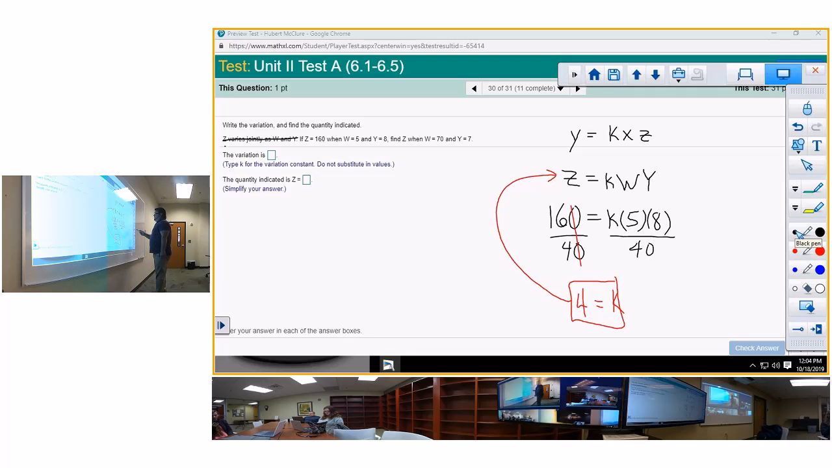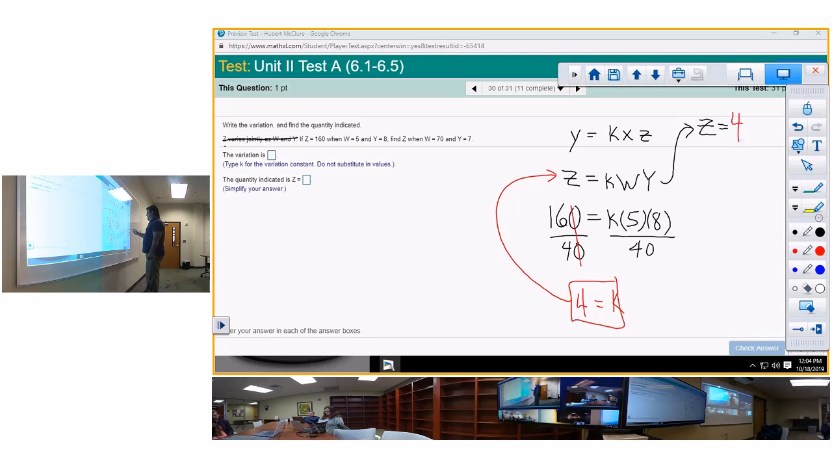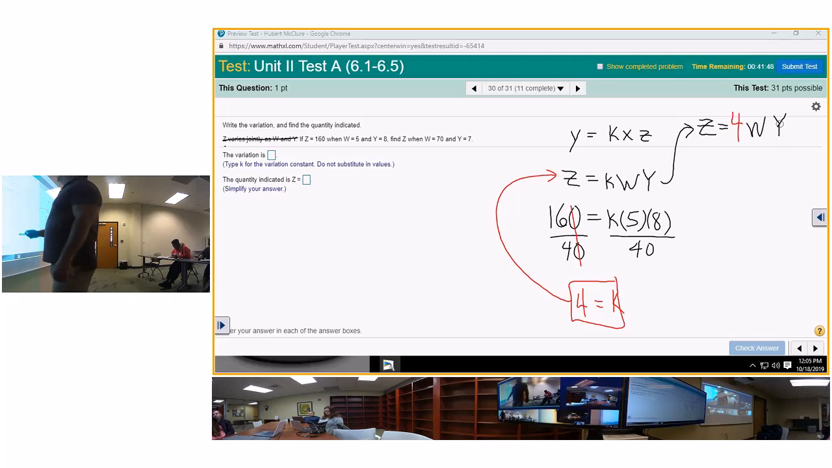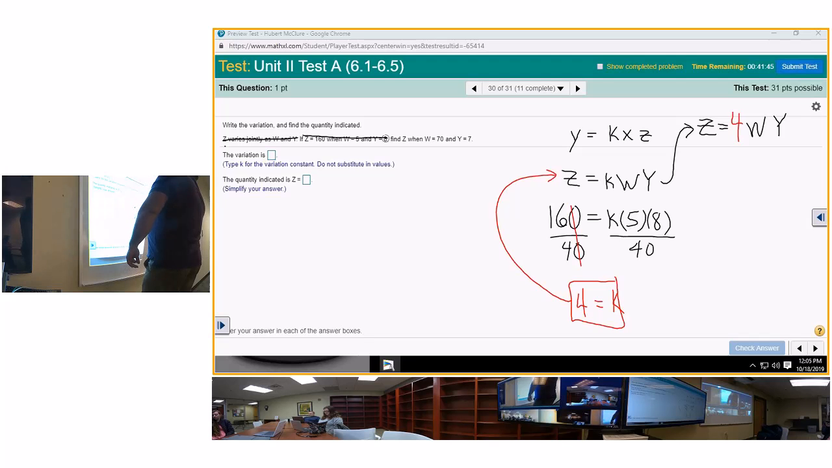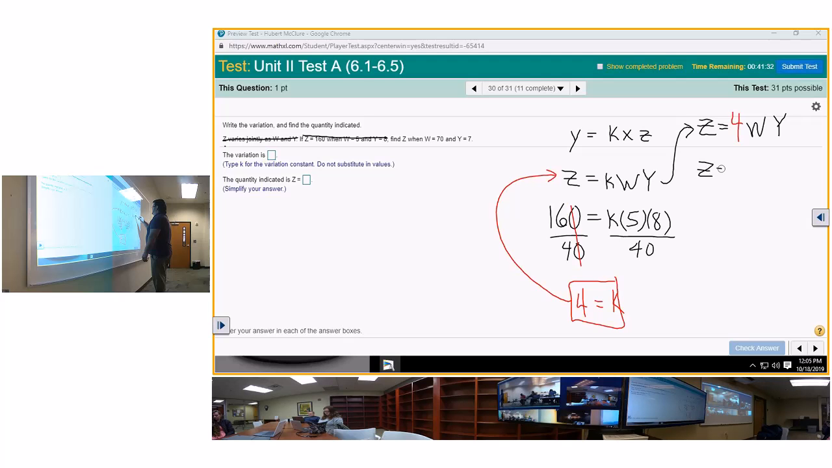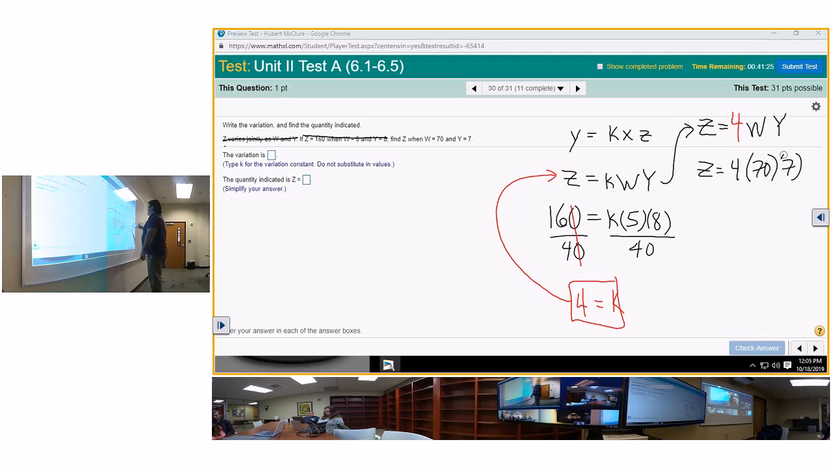So now our new formula is Z equal to, I'm going to put that 4 in red, 4 times W times Y. Okay, can I use the calculator? Quit depending on that calculator. Now what is 7 squared? I'll give you a trick: 7 times 7 is 49, and you add a 0. So Z is equal to 4 times 70 times 7, and Z is equal to 4 times 490,